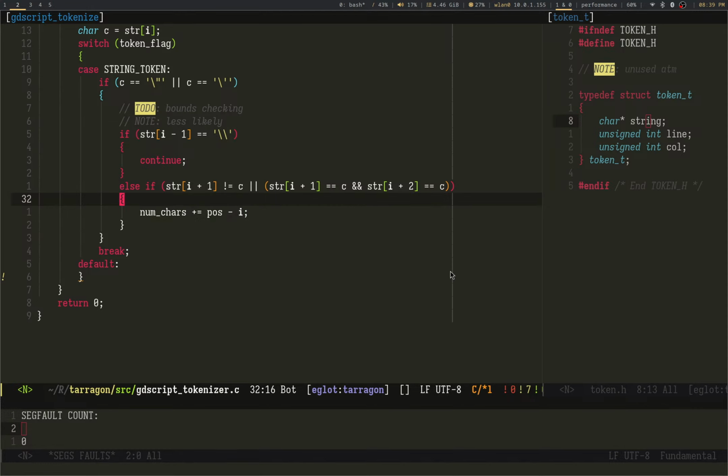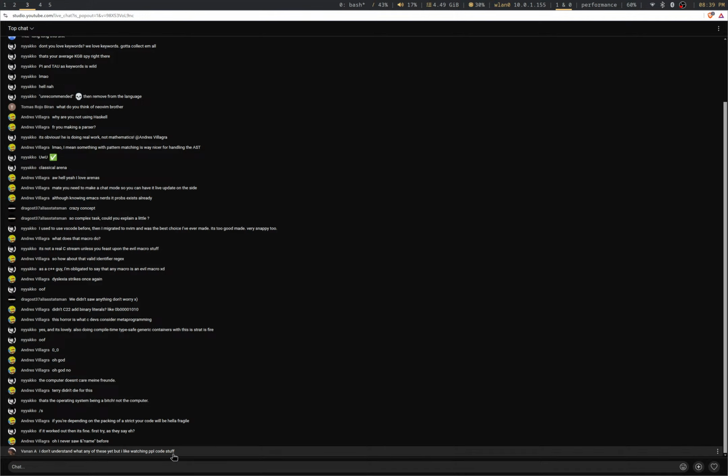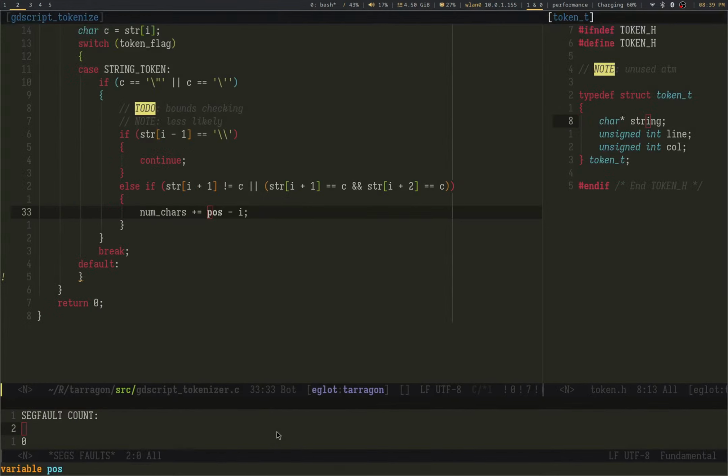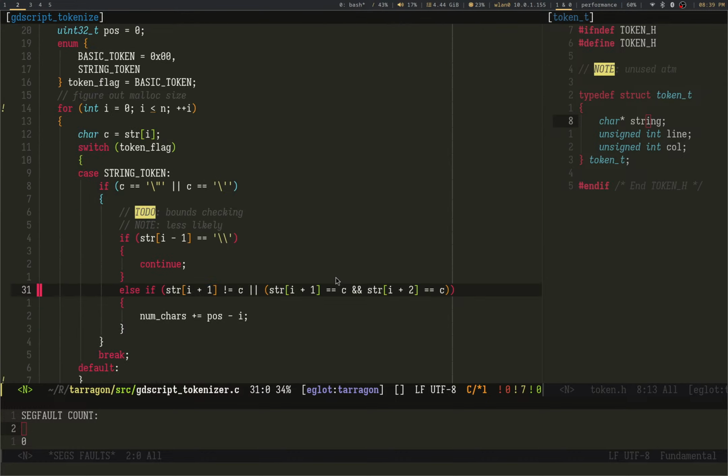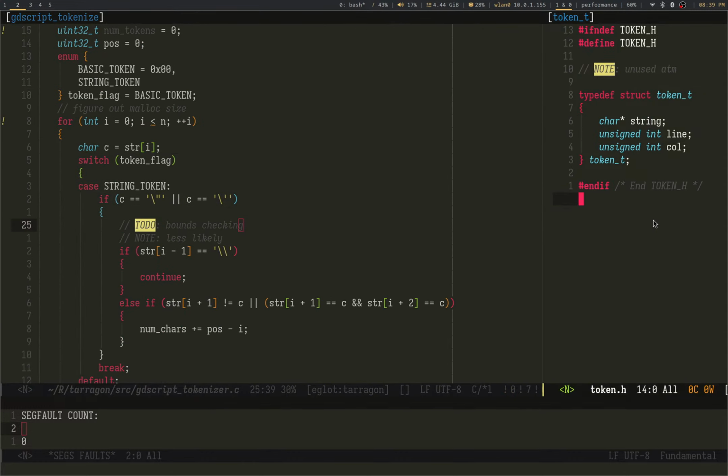So pause minus i. Pause is going to be the start of the... people called cool stuff. I don't know if this is cool. I don't know if this is cool yet. I haven't even compiled.